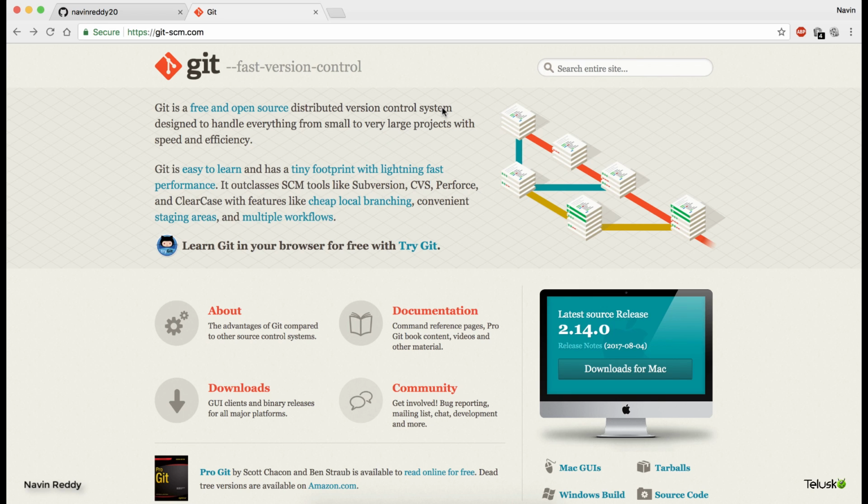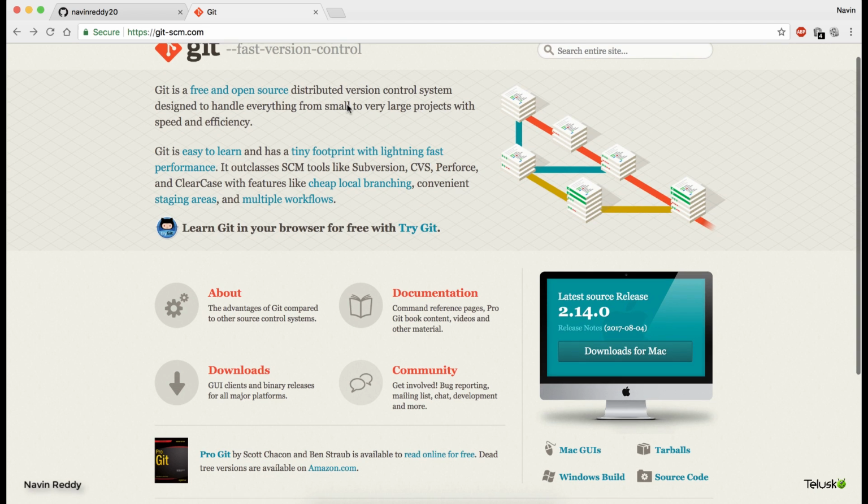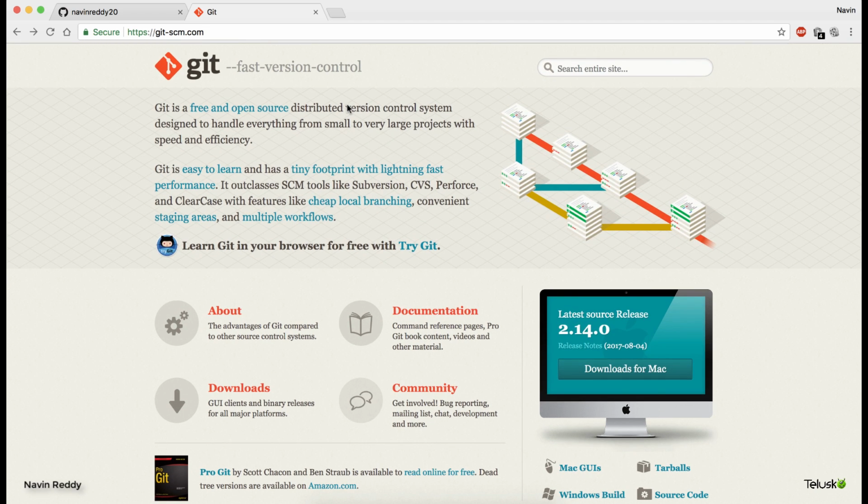Now, Git is famous for collaboration. When you say collaboration, what does it mean? It simply means if you have multiple people working on the same project and they want to contribute, how will they do it? One of the ways, in fact, when I was in college, I do remember, Mangesh and myself were working on a project, and we used to upload our files on some cloud server, or we used to mail each other the Java files which we were working on. And trust me, that is not something which you want to do, right? That's why we can use Git here, using which you can collaborate.